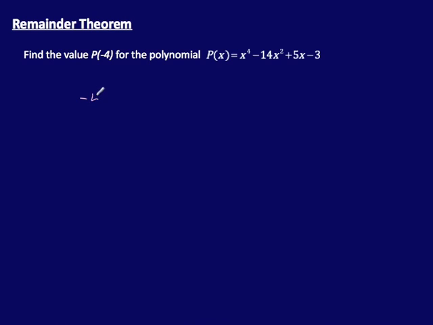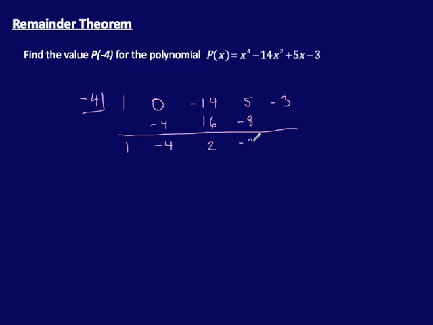If we take -4, and we've got 1x to the 4th, no x cubed, -14x squared, 5x, and -3, we could do synthetic division. Bring down the 1. 1 times -4 is -4. -4 times -4 is positive 16, which gives 2. 2 times -4 is -8, which brings us to -3, which brings us to positive 12, which brings us to